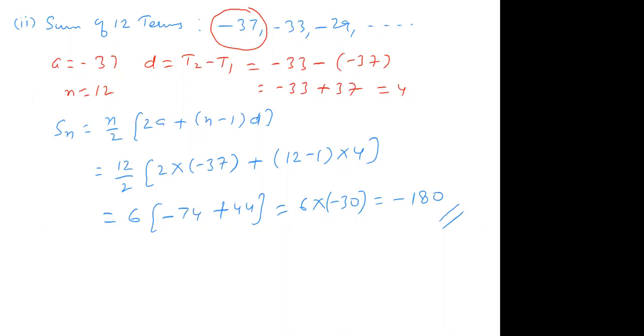So one last question for this time. Find the sum of 11 terms of 1 upon 15, 1 upon 12, 1 upon 10, 11 terms. See, I'm giving different types of questions. It is not that they have to be positive terms. They can be rational terms, they can be irrational terms, anything is possible. So the sum of 11 terms of this sequence.